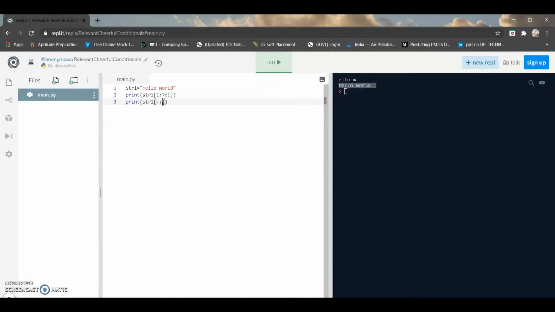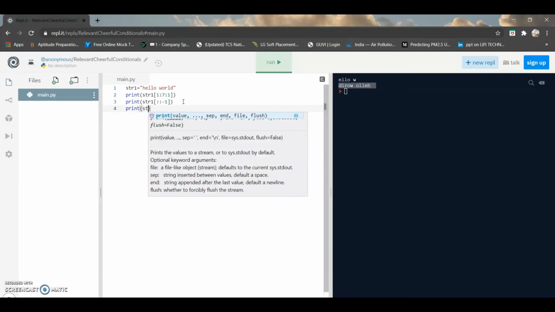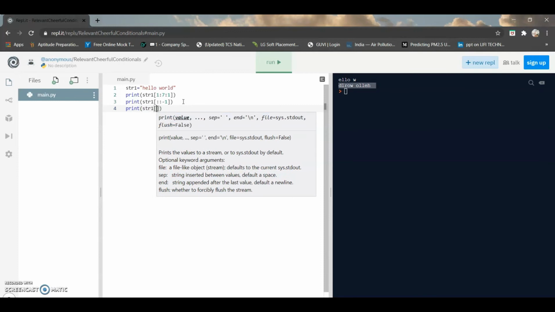When we give -1 as the style value, it takes every element in reverse order. Just see the output. Hello world in reverse order. And then you can also give print str1 of.